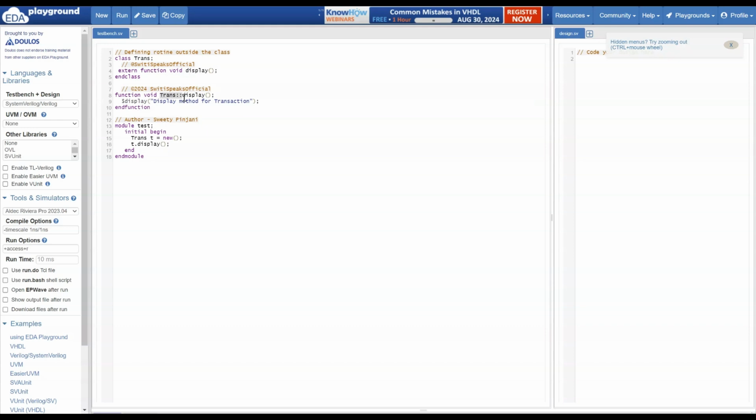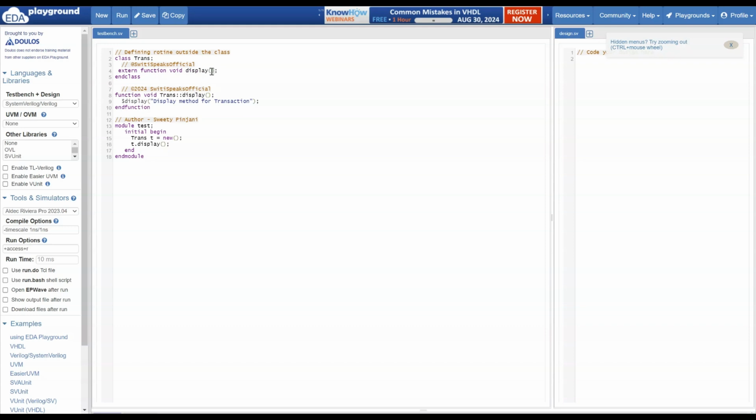This function was for the class trans. And as you can see, we said function here, so here also it should be function. The return type was void, here also void, and the name was display, here also display. These all things should match.